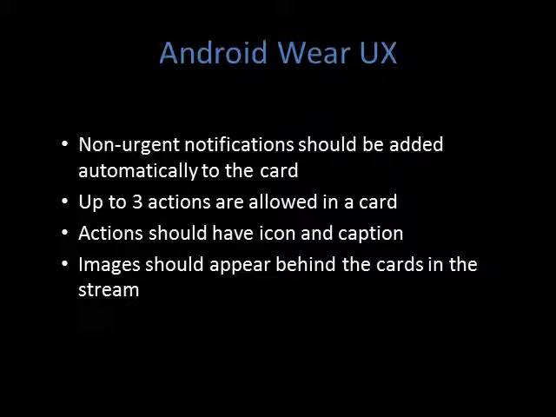And if we have some non-urgent notifications, say I'm traveling to the airport to catch a flight to San Francisco, at this point it doesn't really matter if you let me know the share price of a particular item which I have listed down in my options. It is not really critical to send me that information at that point, because more important is the data related to my travel. So if it is a non-urgent notification, the app should be able to add it automatically to the